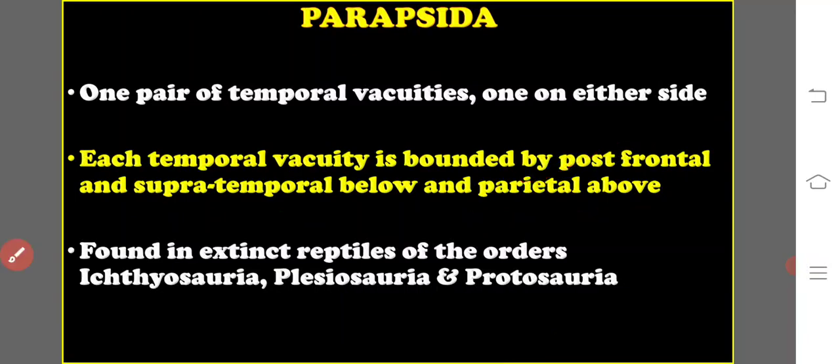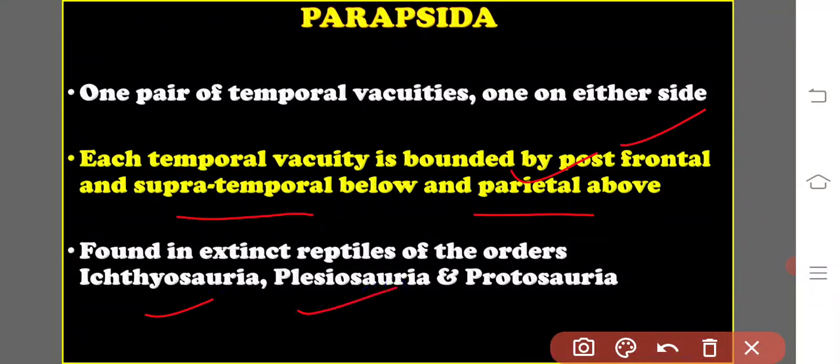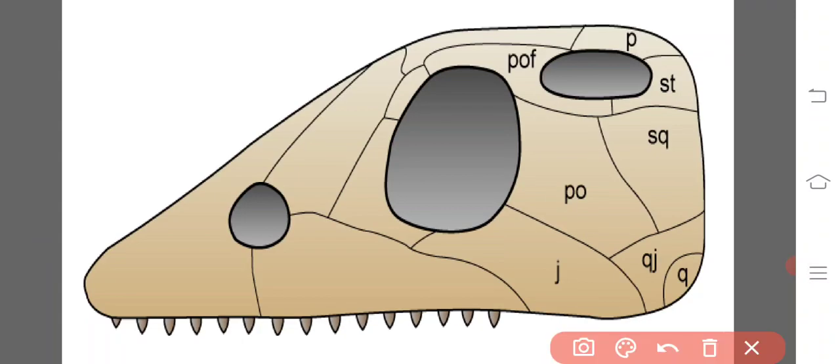bone. Then it was found in extinct reptiles of the orders like Ichthyosauria, Plesiosauria, and Protosauria. Ichthyosaurians, Plesiosaurians, and the Protosaurians are the animals that contain the Parapsida type of skull, but they are no more now. They were extinct forms. So this is the nostril, and this is the eye orbit, each side one, this side one, and other side one more